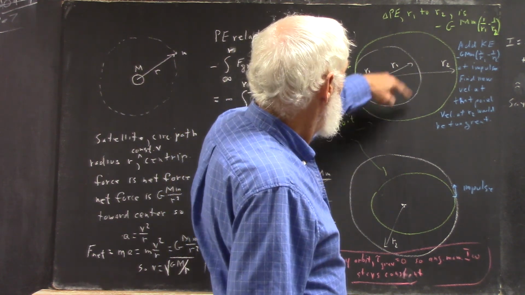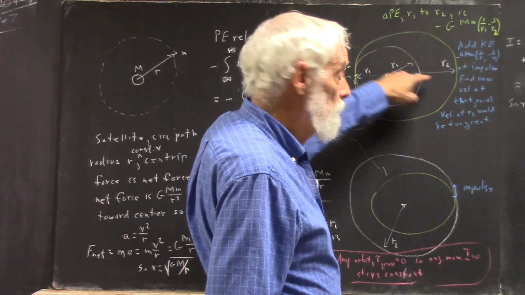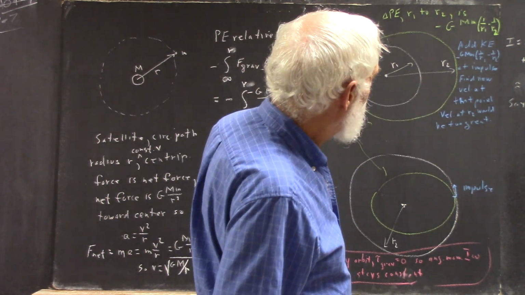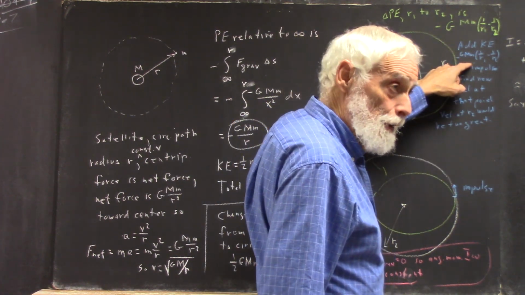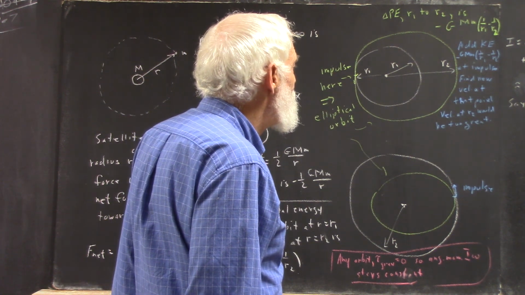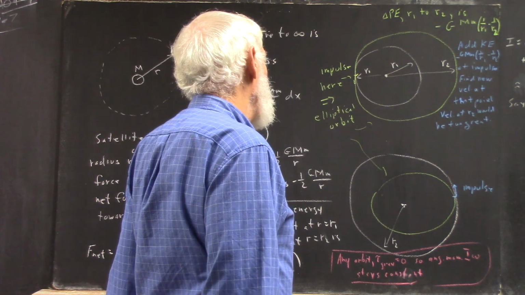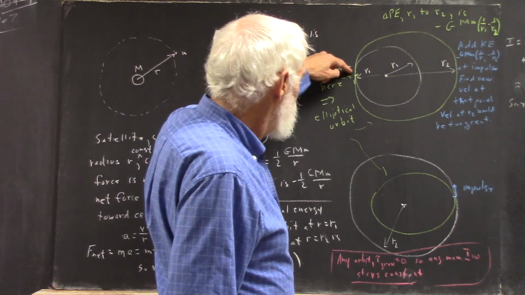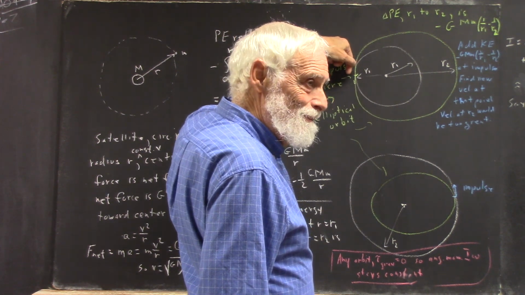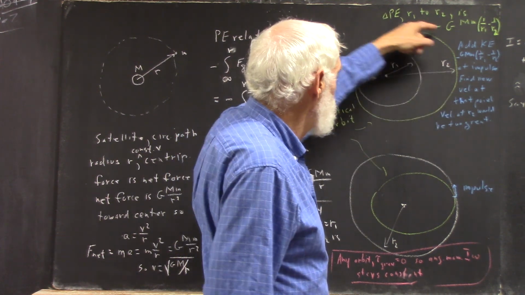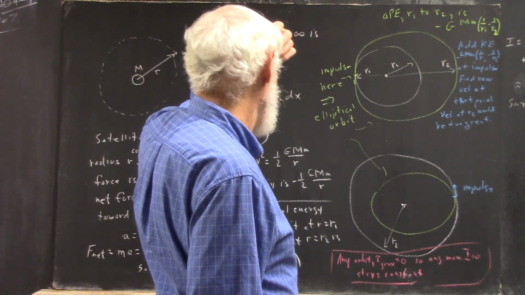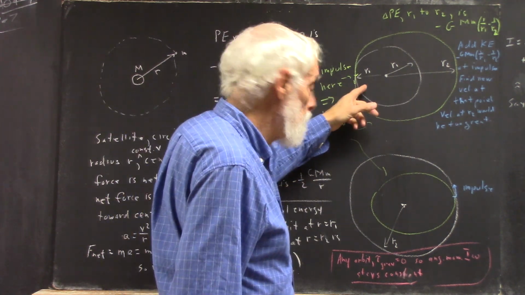Now, let's say we're in an orbit at R1 and we want to get to an orbit at R2. If we add a kinetic energy equal to this, and an impulse, we've got this thing going around here, we give it a quick burn, and we increase its speed, it's going to go out to an elliptical orbit. It's going to come back to this point, and we could work through the geometry of that, but